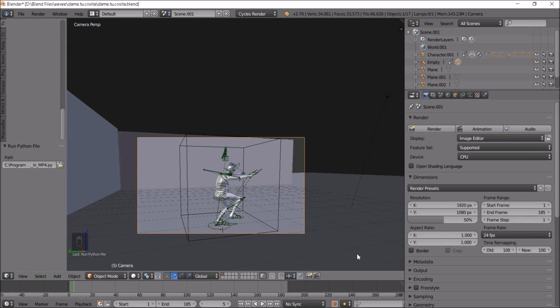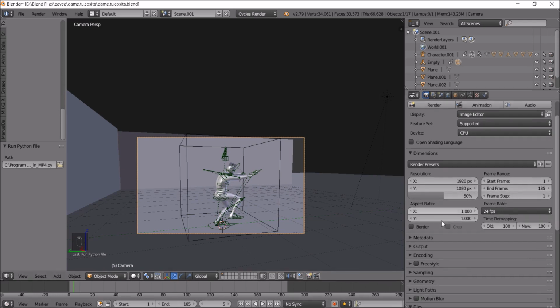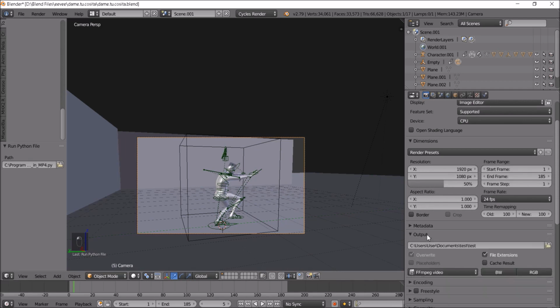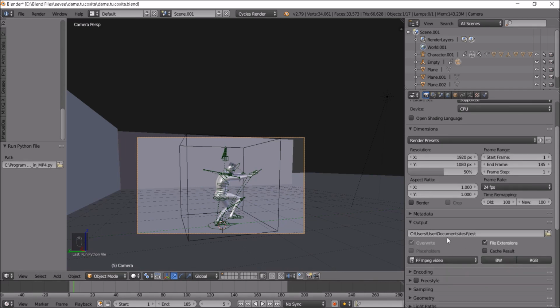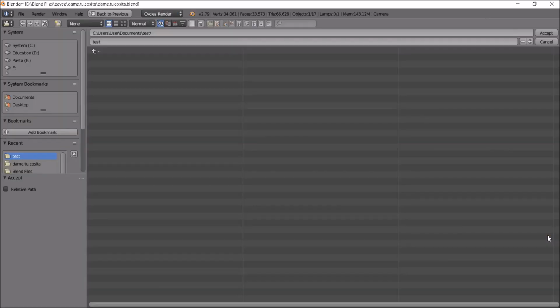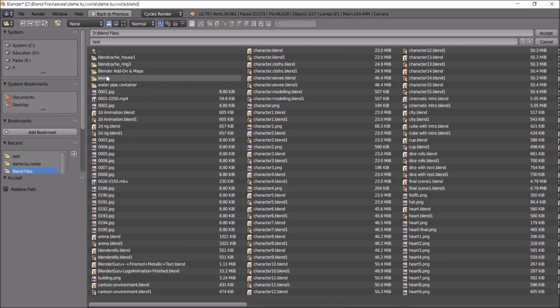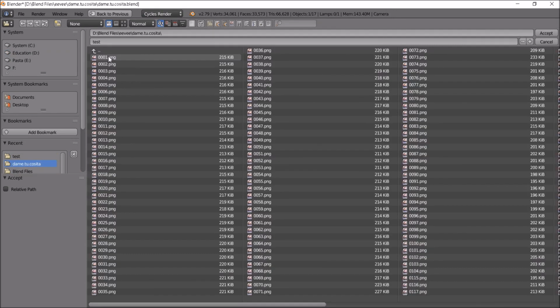Now, this indirect method is useful when you have to render a large number of frames in SD format. Now, set these extra settings as I mentioned earlier in this video, except for the output settings. I'm going to change this folder to something else. Education, blend files, Eevee, Casita, and I'm going to remove this name over here and I'm going to click